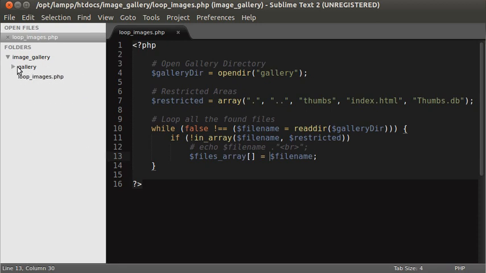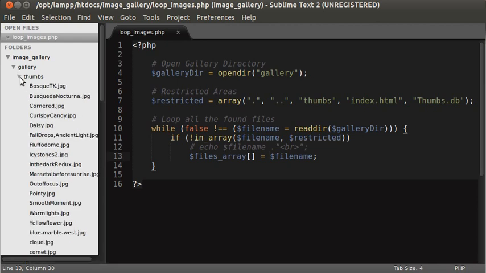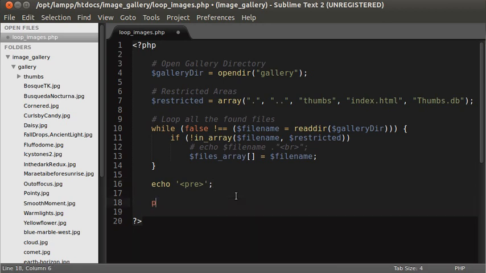Inside this folder gallery we have these images and also the thumbnails here, and I will quickly demonstrate that to you. I will say echo print_r files array. Gonna hit save,